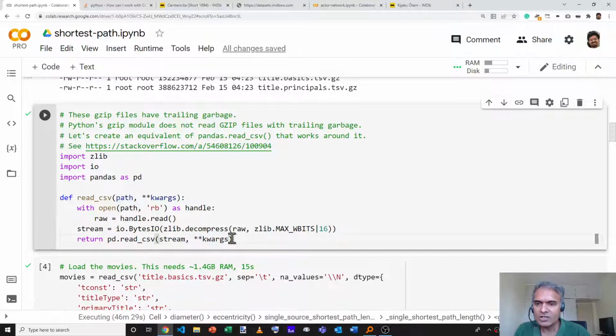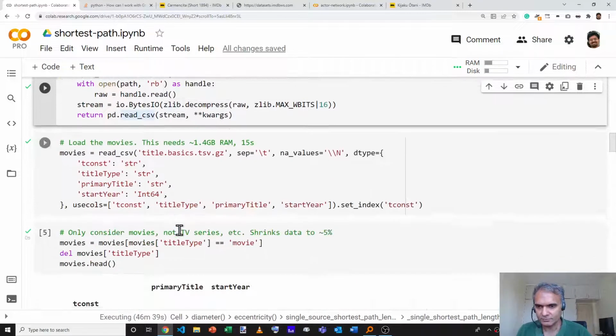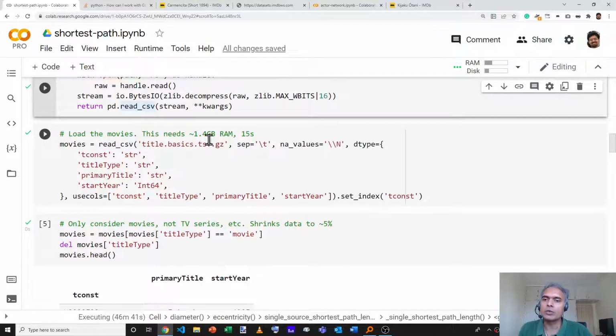In other words, wherever you see read_csv, you could have used pd.read_csv, but the only difference is that internally we're using zlib to decompress. Let's actually load the data.